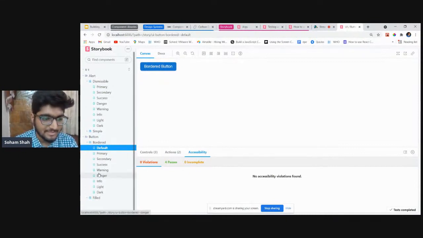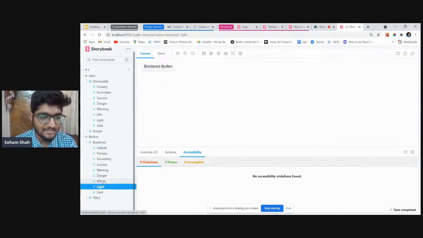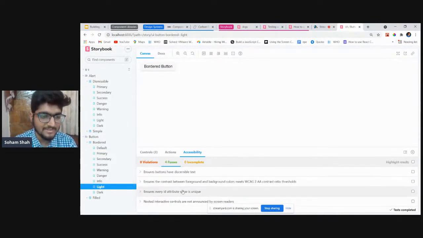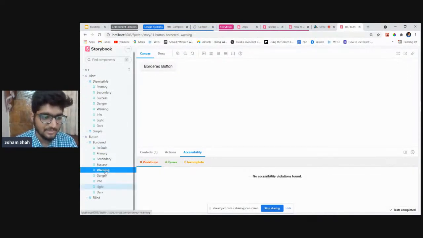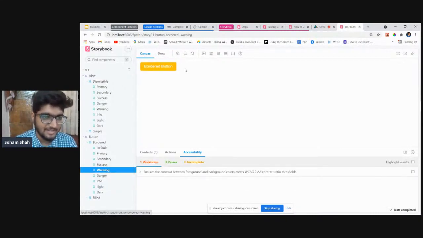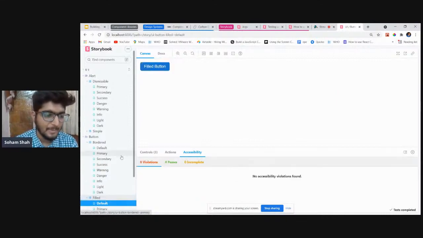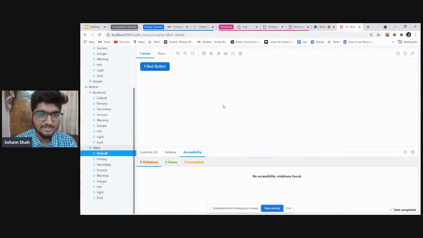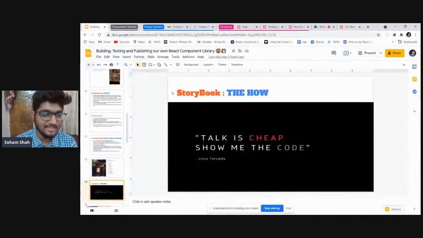So for example, let's see if everything is accessible. They are saying that 4 passes, accessible passes, these components are good, but it shows that one violation. So what is the violation? It also tells that the foreground and background colors are not meeting the contrast threshold. Probably as a developer, I don't care, but the designers definitely care. So they will be telling me to change the color, bro. So I will be doing that. So this is how the storybook works. We have a lot of things, feel free to explore, but now let's get back to our